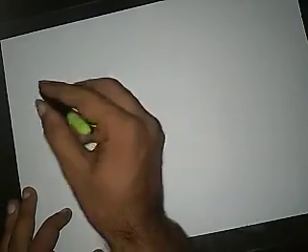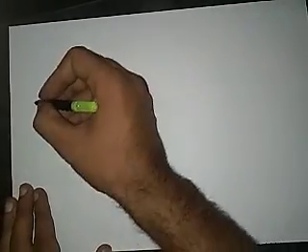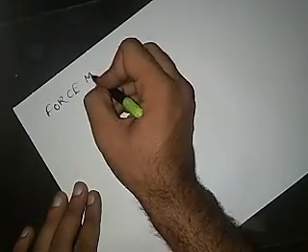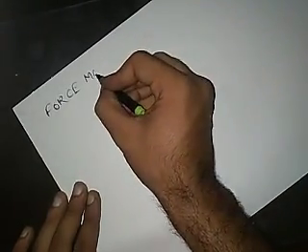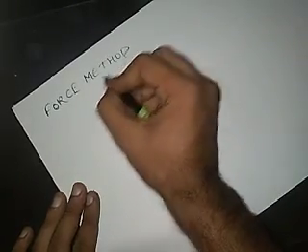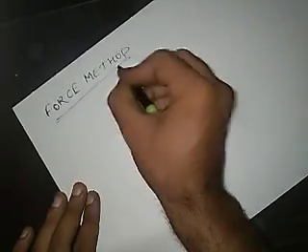So method of forces, or force method, in simple words, in force method